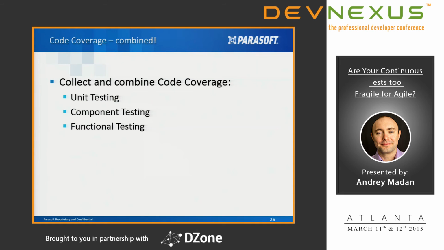What I've seen being a very pragmatic approach at one of my customers is that they run the functional tests. They needed to prove to the FDA that they had executed every line of code. So they ran a functional test, looked at what the gaps were, and then wrote the unit tests. Now those unit tests are meaningful, and the combined code coverage is 100%. Look how much money they're saving by not creating stupid unit tests. Nobody likes to create unit tests for no good reason. So they did it, the FDA bought into it, and they're good.